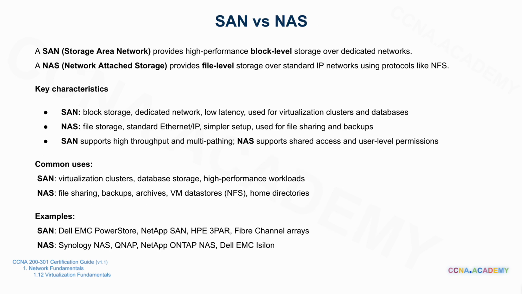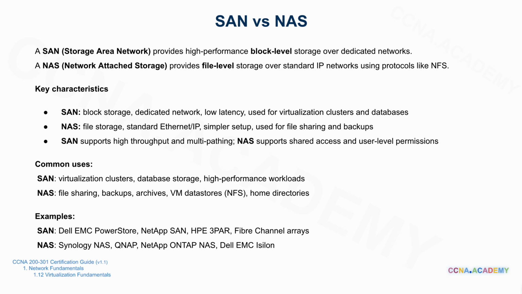A SAN provides block-level storage over dedicated high-performance networks like Fibre Channel. To the server, SAN storage looks like a local disk and is ideal for demanding workloads like databases and virtualization clusters. NAS provides file-level storage over standard Ethernet using protocols like NFS or SMB, making it perfect for file sharing, backups, and user directories. Both play important roles, but SAN is optimized for performance and low latency, while NAS focuses